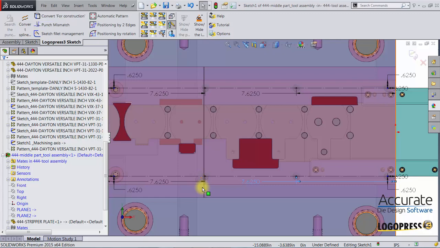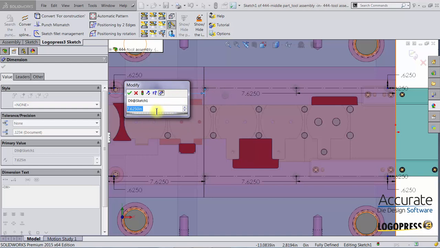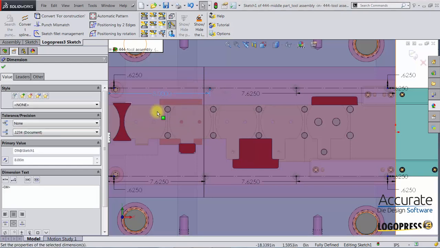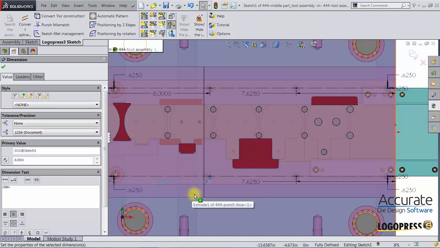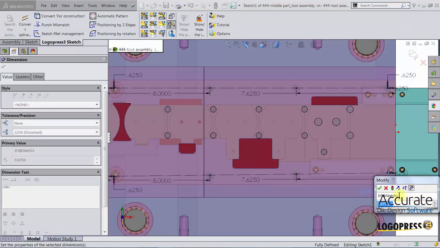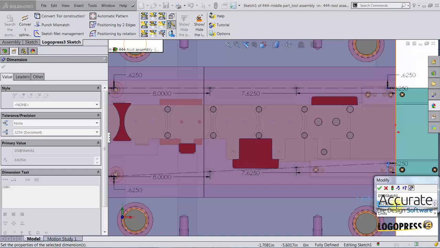These 2 points are at the edge of one of these 2 plates, so I'm going to make these come in a little bit further. I'll say 8 inches. Also, these 2 points are over top of the clearance for the rails. So I'm going to make this dimension larger, but you can see that it is affecting the other points. So I'm going to cancel this,